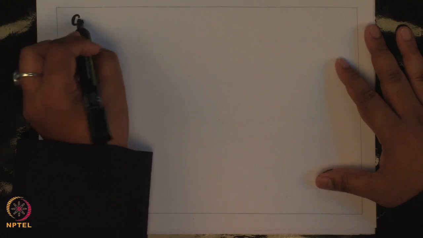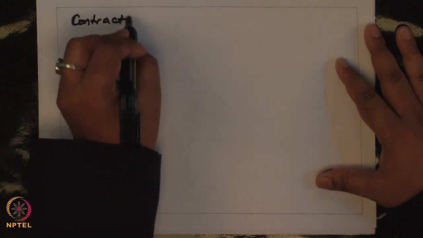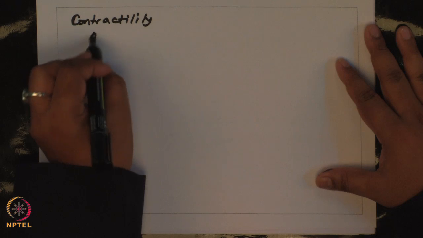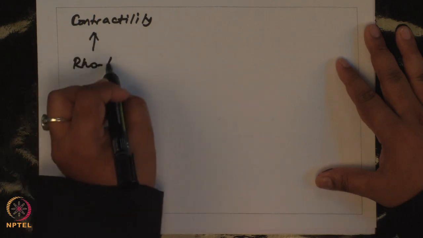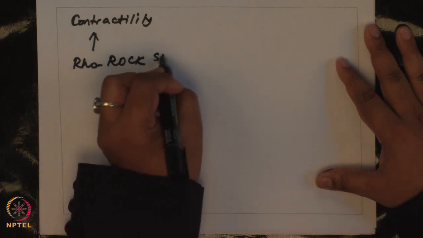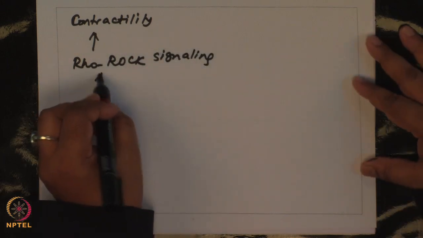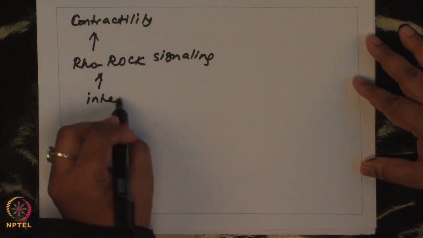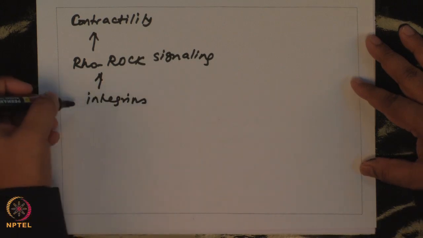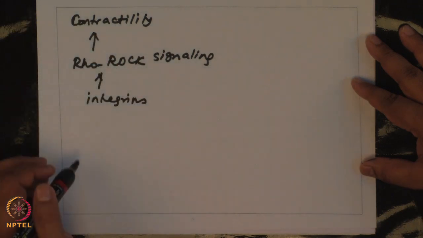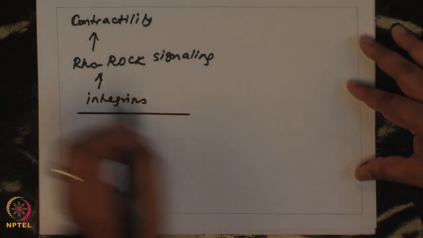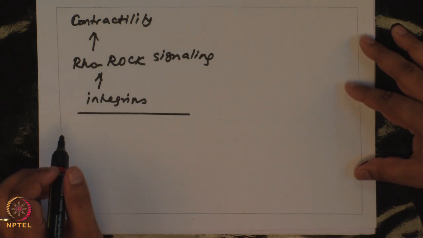Increased contractility is generally driven by Rho-Rock signaling. So, higher traction means higher contractility, and this is driven by the Rho-Rock signaling axis. Rho-Rock signaling is actually activated by integrins, so integrins drive the contractility also. Then, to see how Rho-Rock signaling was perturbed between soft and stiff surfaces,